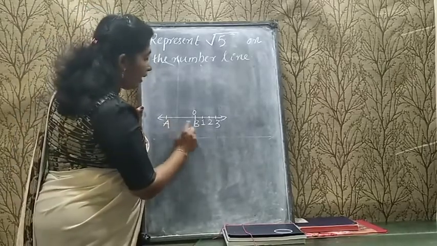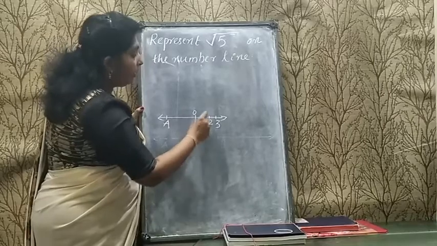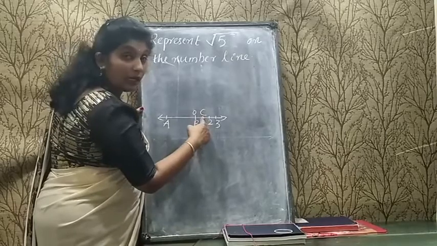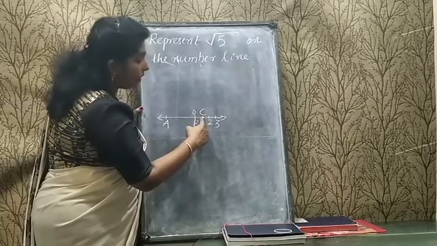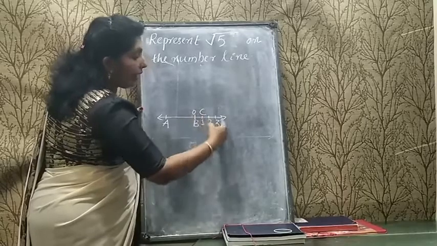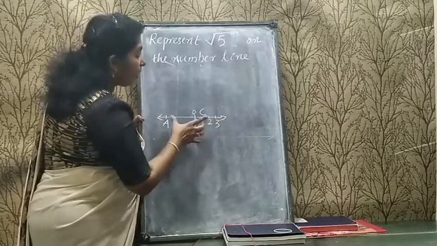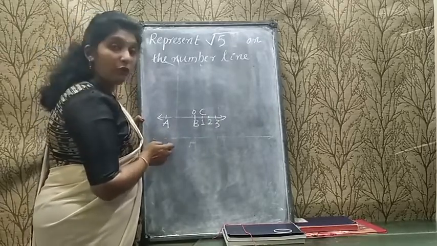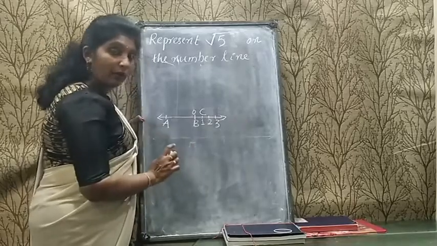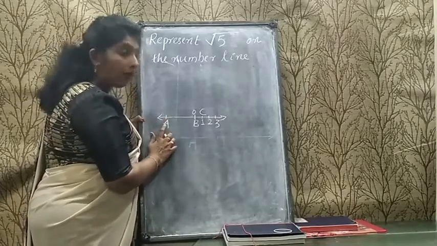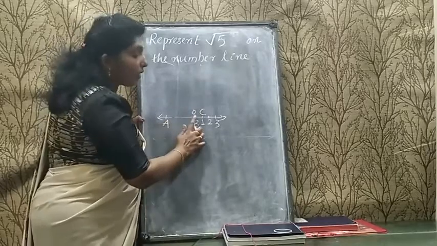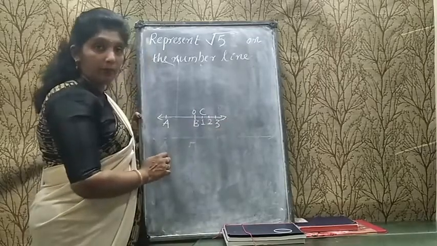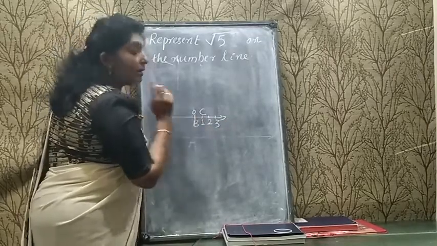So the distance from A to B is 5 centimeter, and if I am marking this point as C, then from A to C, that is 6 centimeter. Then from here to here it will go 7, 8, like that. But we want only till here for constructing the semicircle. So first of all, I drew one line. In that, I marked one point. Then we have to draw root 5, so I marked 5 centimeter at first. Then afterwards, I marked a few points at 1 centimeter gaps, and these points are marked as B and C.